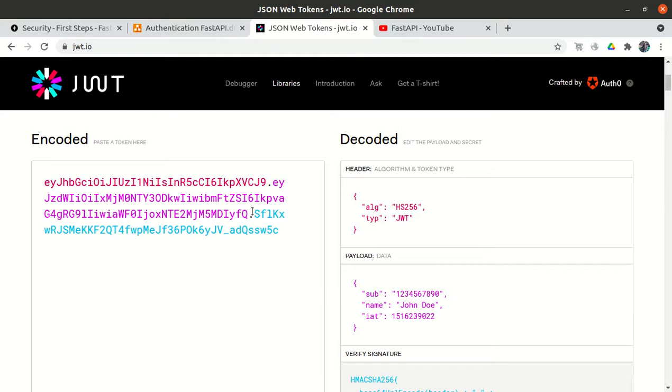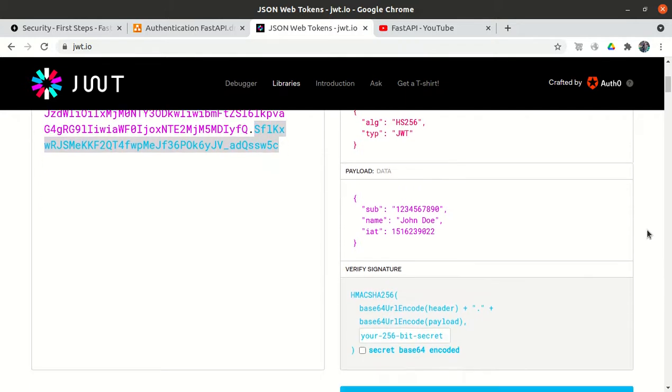Then there is a dot, right? After that, some blue information is there. What is that blue information? As I told you, we will encode this particular data. The blue information is basically the information encoded using some secret key, because while creating a token, the user enters the data, we encrypt it, and along with that we add a secret key as well. Just remember that we are adding a secret key. Leave aside how we add it.